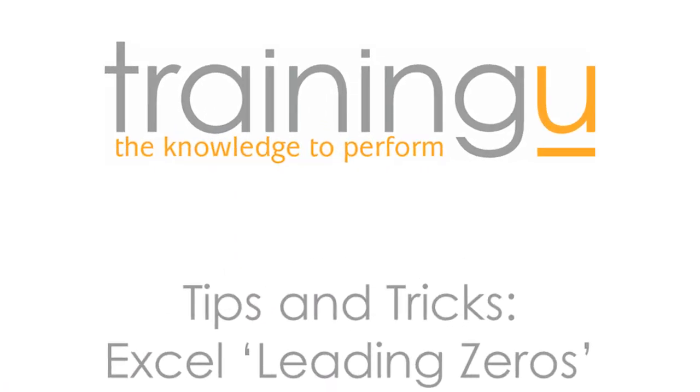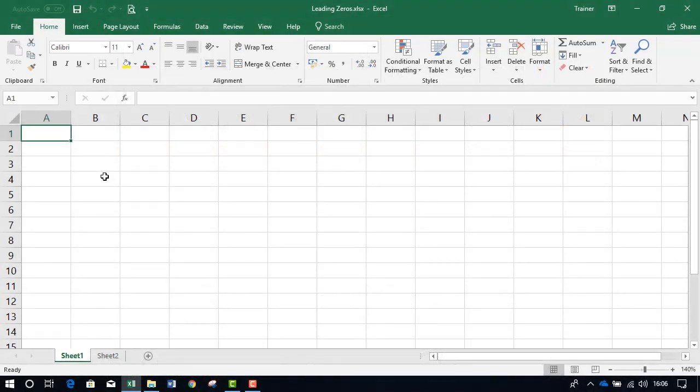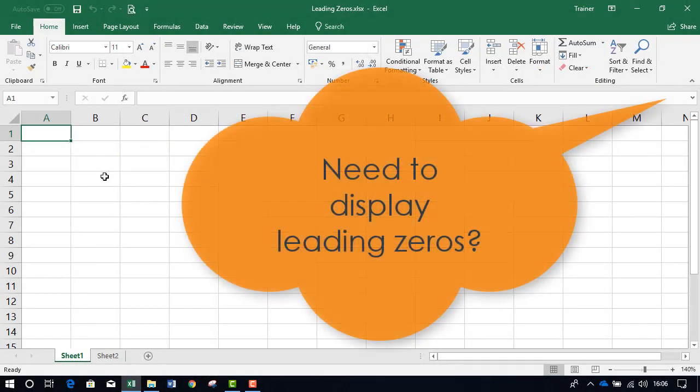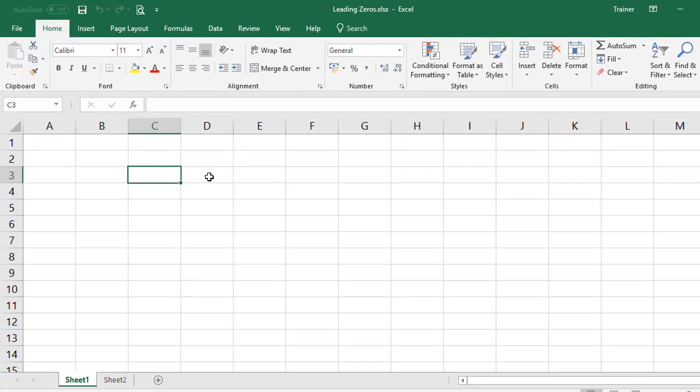You may already have discovered that if you type a number into Excel with a leading 0, Excel removes it. Now this can be quite annoying if you're wanting to enter a telephone number or a part number beginning with a 0. For instance, I'll type the telephone dialing code for Hemel Hempstead into a cell,